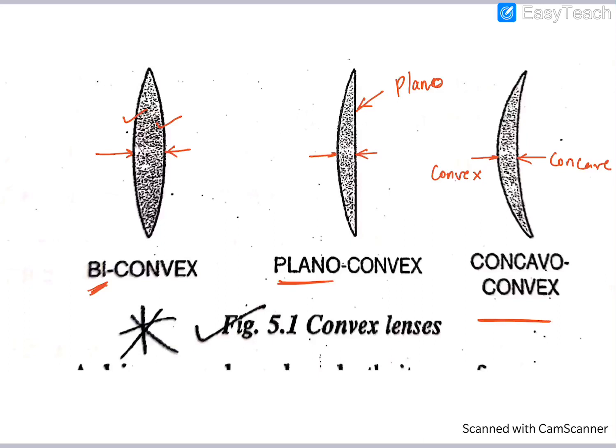Now, this is where people sometimes get confused. Whenever they say concave or convex, whatever name comes later means it's a lens of that particular type. So since it's concavo-convex, it will be a convex lens only. Okay. Now, next thing,